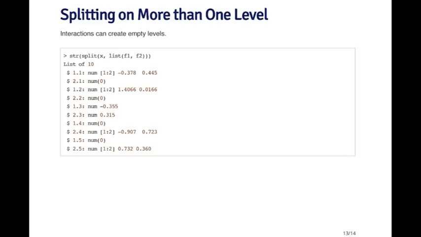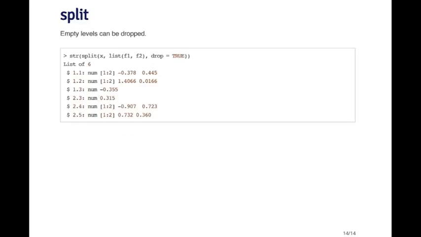Now, of course, although there are 10 levels between the 2 different factors, we don't necessarily observe every single combination, and so there are some empty levels here. You can see that some of these levels have nothing in them; they have 0 elements, whereas other levels have a number in them. So I could take this list and then lapply or sapply a function over it if I wanted to, but sometimes it's handy to not have to keep these empty levels. So the split function has an argument called drop, and if you specify drop equals TRUE, it will